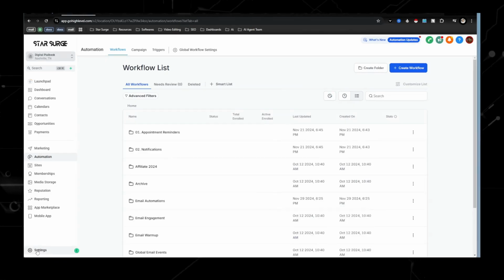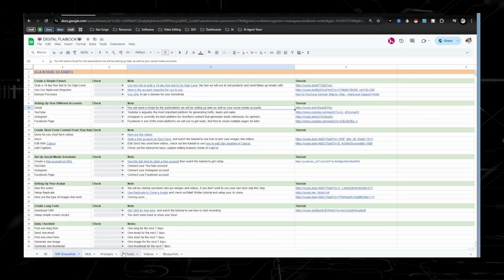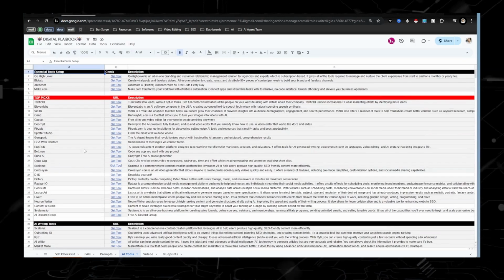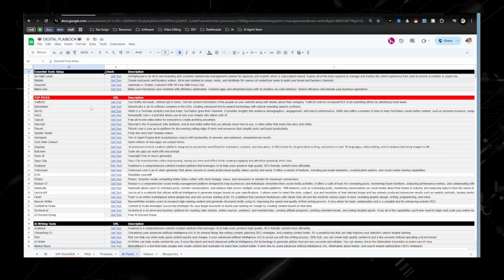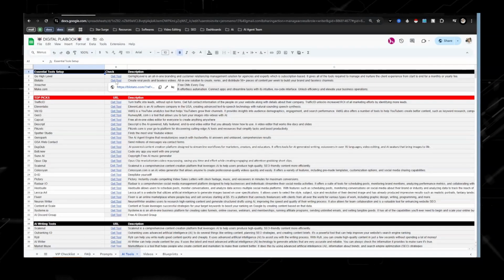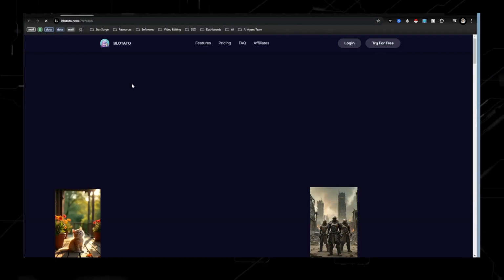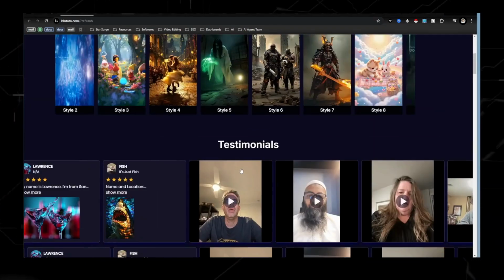Now, before I go to settings, I just want to cover, how do I get my affiliate link? Super simple. Go to AI tools and then pick whichever tool you want to use. These tools up here are the ones that I'm using. Now, you can actually use Blotato as your affiliate. So you're creating these videos, might as well have people